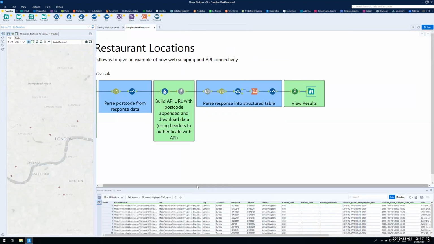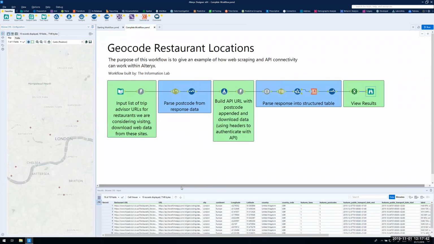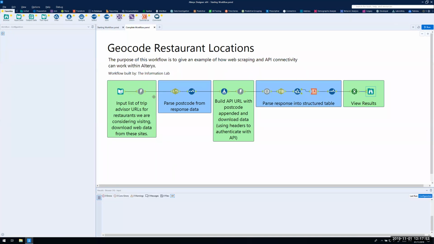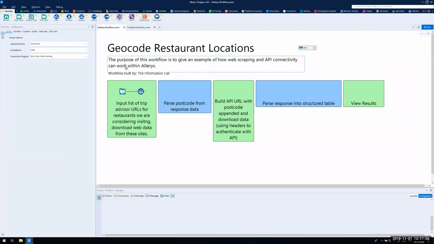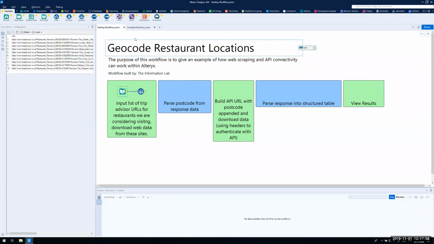The Alteryx conference was hosted at Tobacco Dock, and we chose ten restaurants that are somewhere near that location. Okay, so this is the completed workflow. You will also get those. Now, if I go to the starting workflow, we are starting off with those URLs, but we're filtering down to